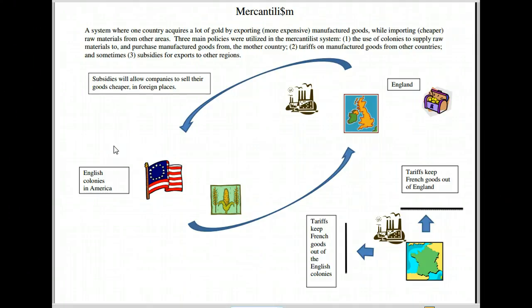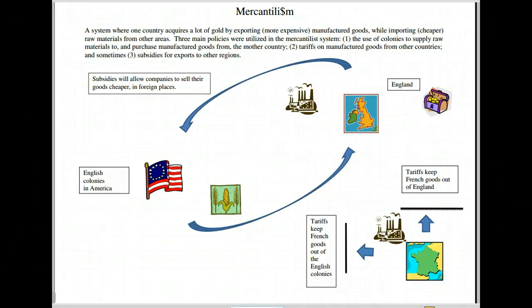Do you see on the chart an arrow that goes from England to the American colonies? There is a factory with a smokestack right next to it. That arrow represents manufactured goods made in England, shipped to America, and sold to the colonists there. Of course, they really didn't have factories with smokestacks back then. Their factories would have been what we would call workshops. And in order to keep the French products from competing with English products in American stores, tariffs are levied. That is shown in the black line next to the arrow, to the left of the arrow that is pointing from France towards America.